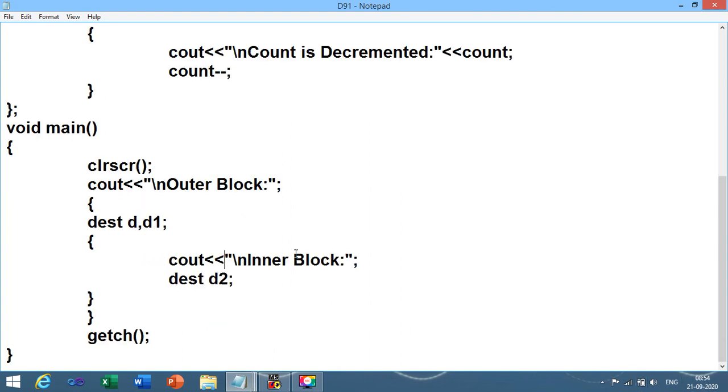So this is all from my side. This is more than enough for our today's session. Over here we have completed unit number 2. In our next video we are going to start with unit number 3, that is the concept of operator overloading and type conversion, and the most important concept, that is called inheritance. Practical based programs may be asked in the practical exam, so you need to be careful regarding such.